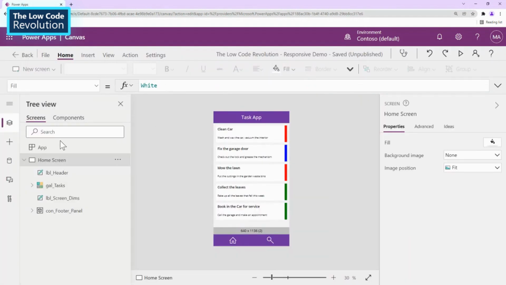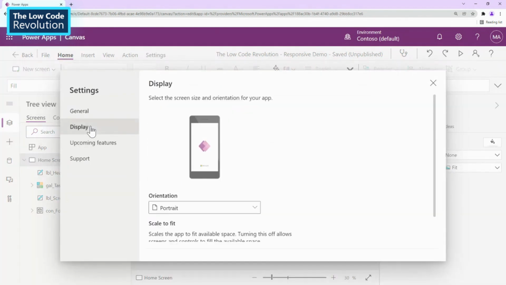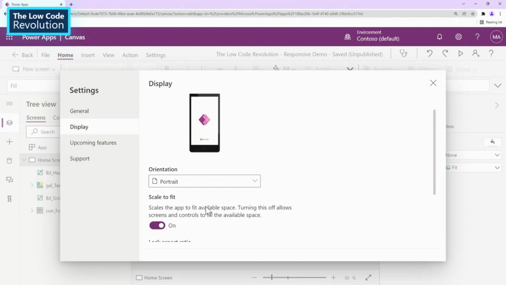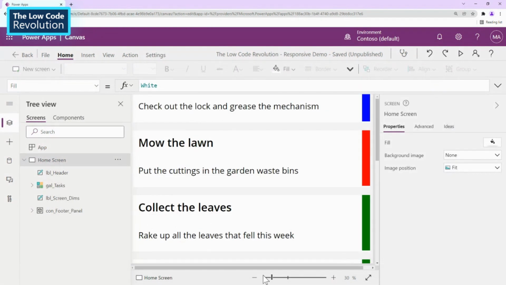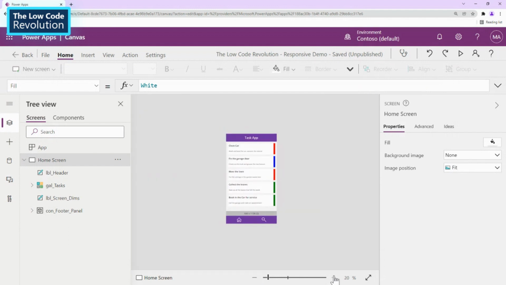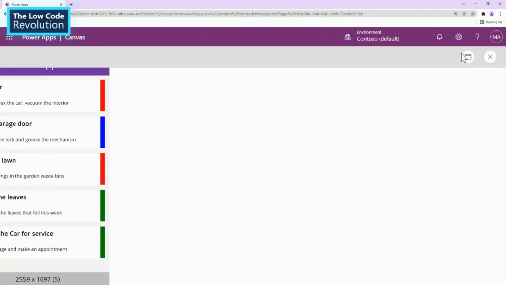The first thing we want to have a look at is under settings and under display. We've got scale to fit switched on at the moment. If I switch that off, then I'm basically telling Power Apps that I can take control of the display, and I don't want it to do it for me anymore. You can see that's gone a little bit larger. Let's scale that back. So if I now preview this,